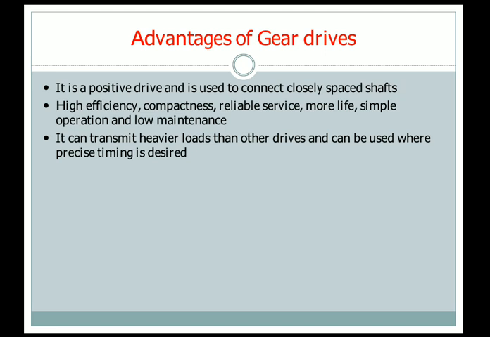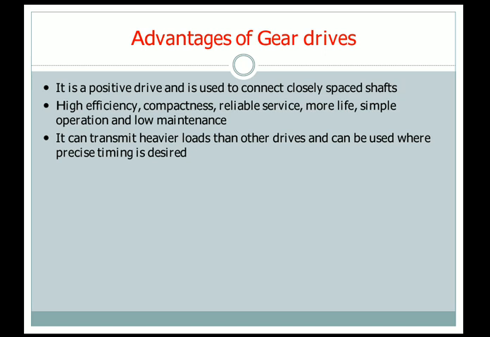Slip is the difference in the speed of rotation of the pulley and the belt, but in the case of gear drives there is no slip. That is, the power generated from the driving shaft is fully transmitted to the driven shaft without any loss of friction or loss of energy. It will not be there.